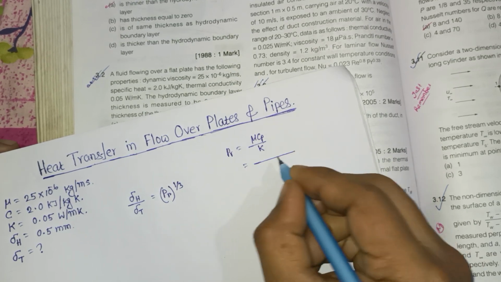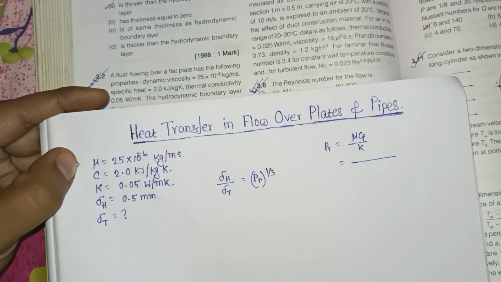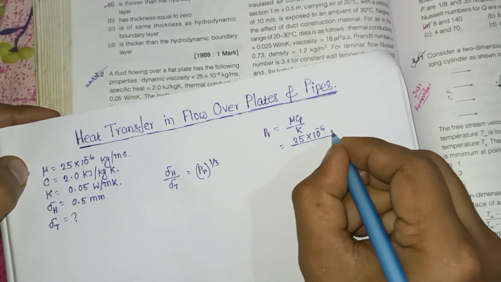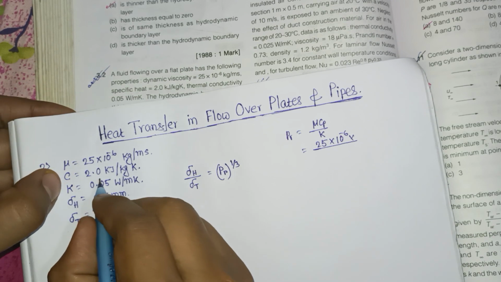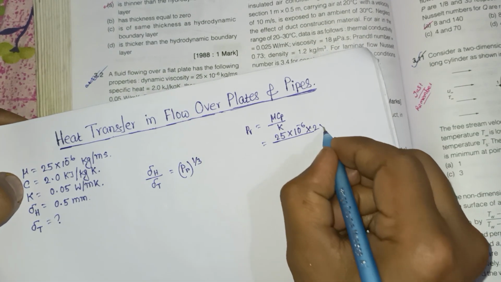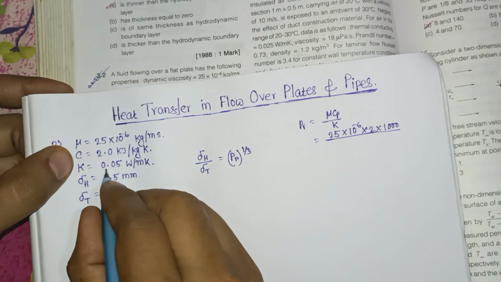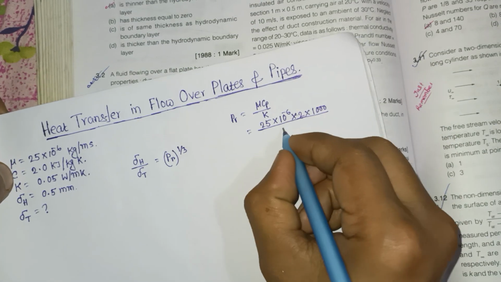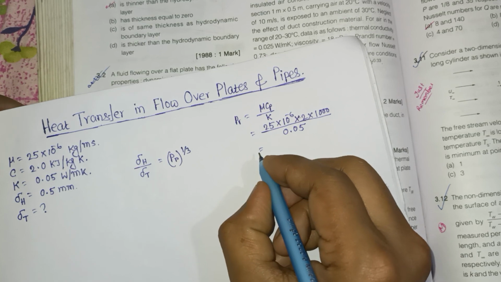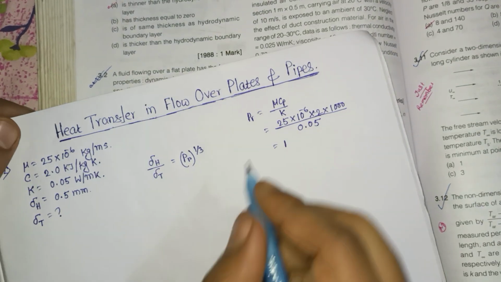What is the value of mu? That is 25 into 10 to the power minus 6. What is the value of C? That is 2 kilojoule, that means 2 into 1000, by K. K is 0.05. If you calculate this, the value will be 1. Okay, so from here